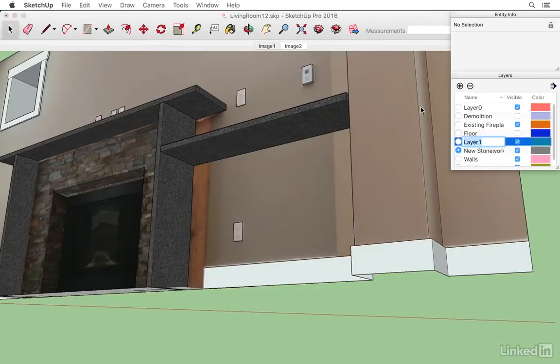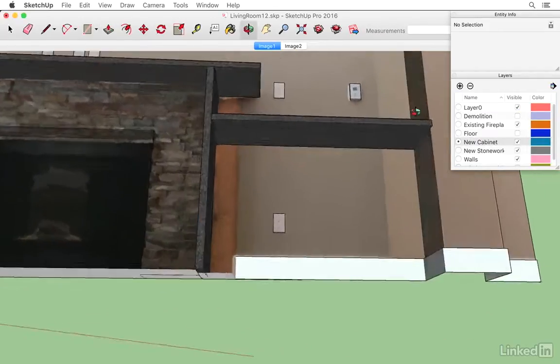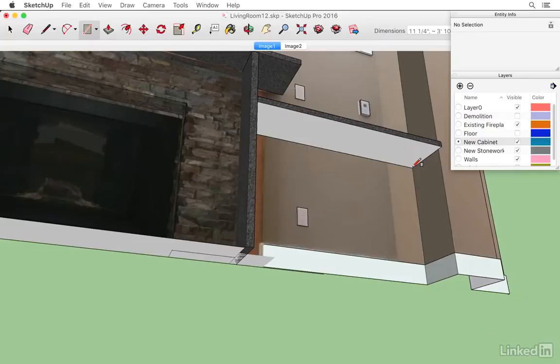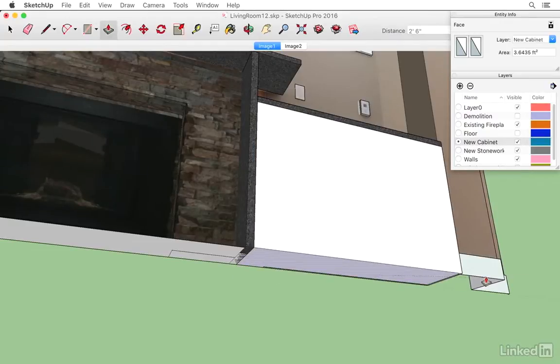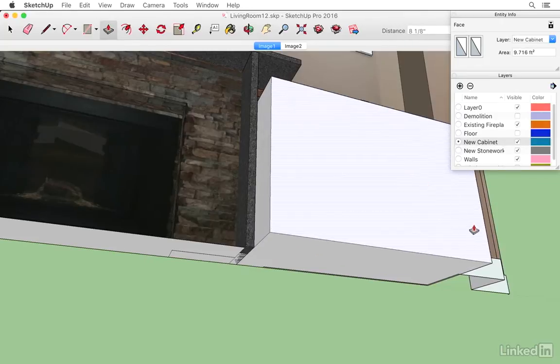I'll make a new layer called cabinet. Actually, I'll preface that with the word new cabinet, and I'll make that the current layer. Then I will draw a rectangle along the lower surface of that countertop, like that, and then I'll pull that down to the floor. Maybe pull this back, snap it to the pilaster,